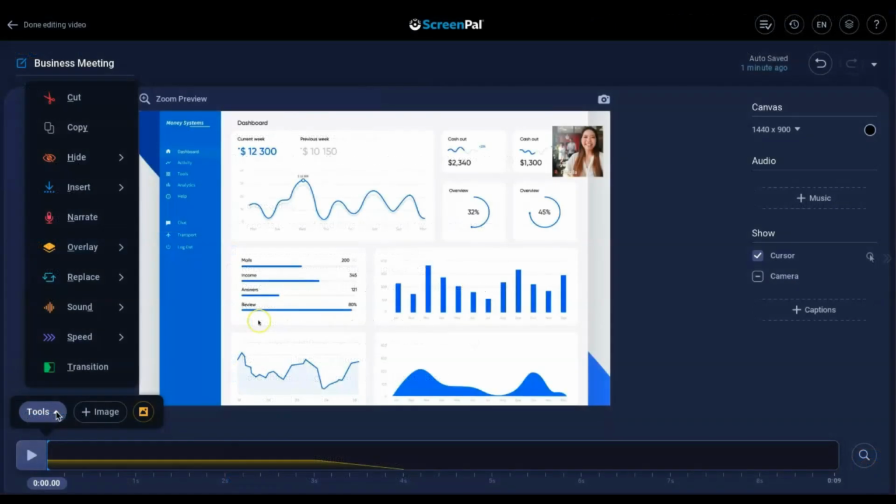Easily enhance your recordings with overlays, cut sections of your recordings, add text for clarity, and more with this Zoom